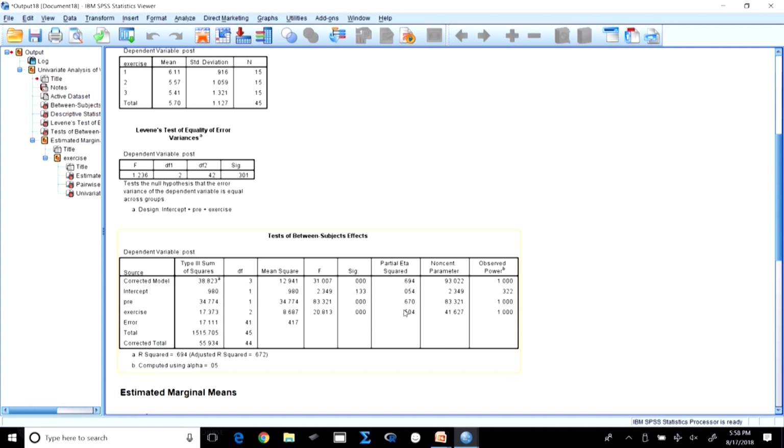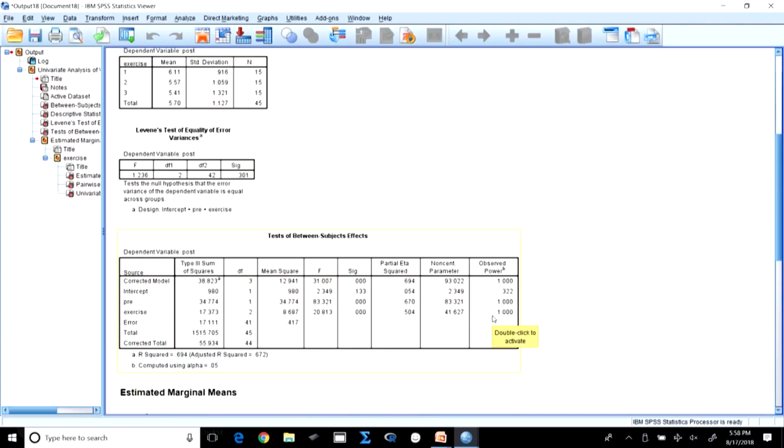The eta square is similar to the R square that you talk about in regression, right. How much of the variance is being explained by the independent variable. And the observed power of the test is almost 1. So, it ranges between 0 and 1. If it is 1, it is very strong, right. And the adjusted R square is 0.694. So, the eta square is something very close, as I said, it explains similar to the R square in the regression, right. So, now we have a test where we can say easily, well, the level of exercise does have an effect on the cholesterol level of the patients or the people, right.